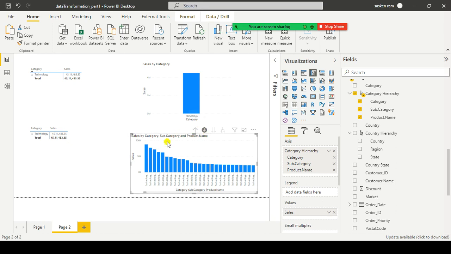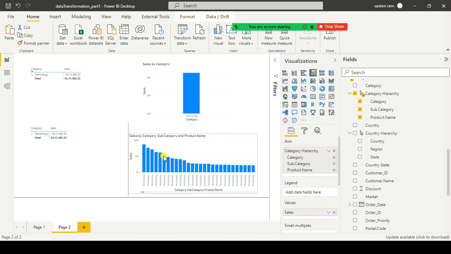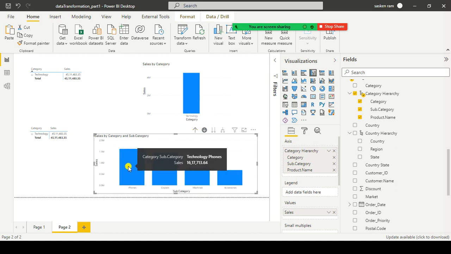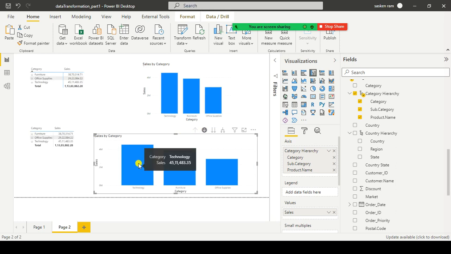But in this case what I did, I just clicked on the technology bar, and what happened when I clicked on this one, it showed the subcategory for that technology category. In the technology category, what all the subcategories are, it is showing it here. Only when you enable this one, you can drill down. If you click on any specific item in your chart, it drills down to the next level